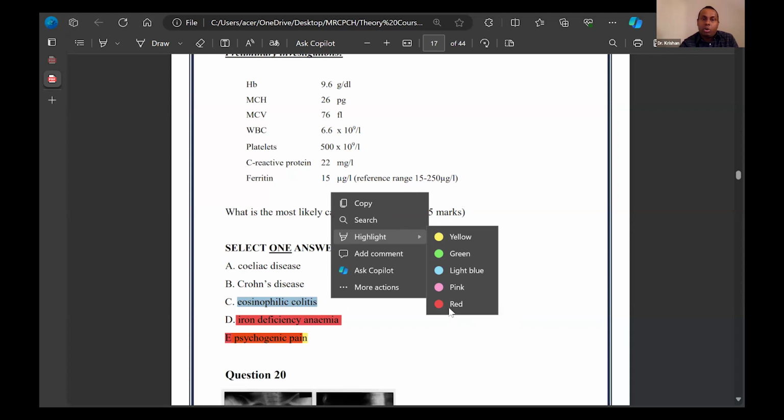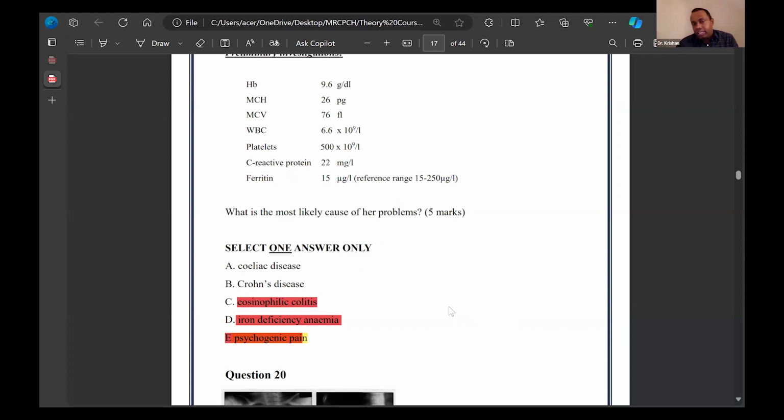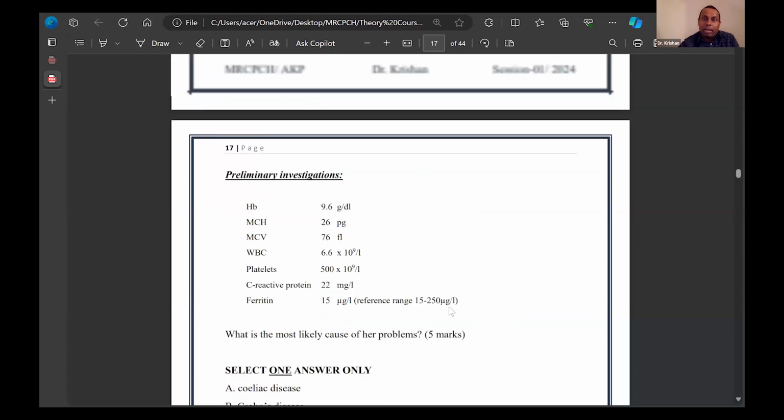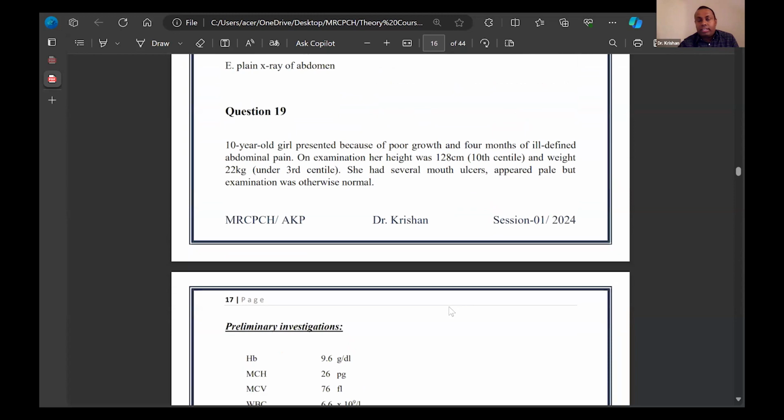And then could that be Crohn's disease? Is that ulcerative colitis, or is it celiac disease? We know celiac disease very well. They will present with gluten sensitive enteropathy. They will have iron deficiency anemia, and they can have distended abdomen with wasted buttocks. However,